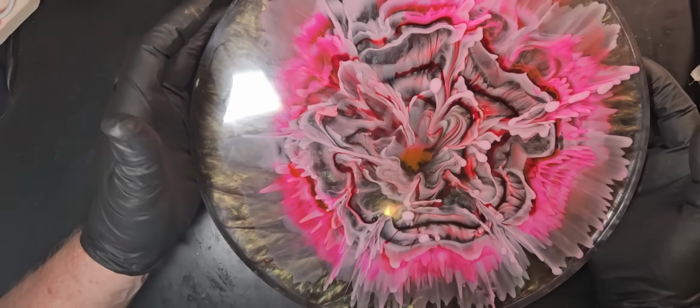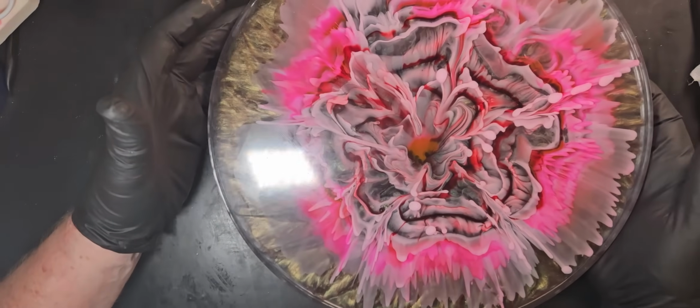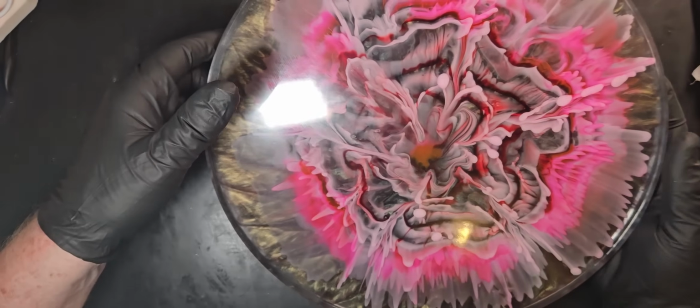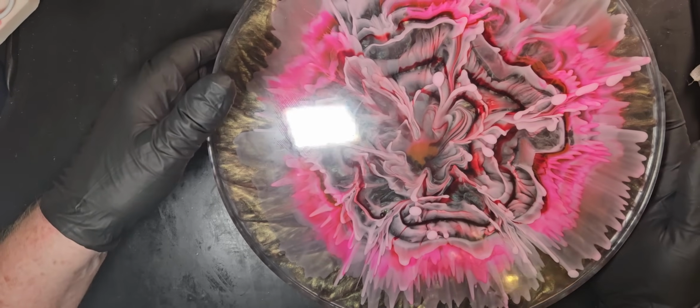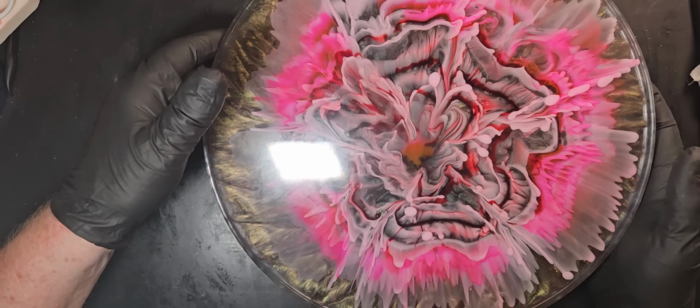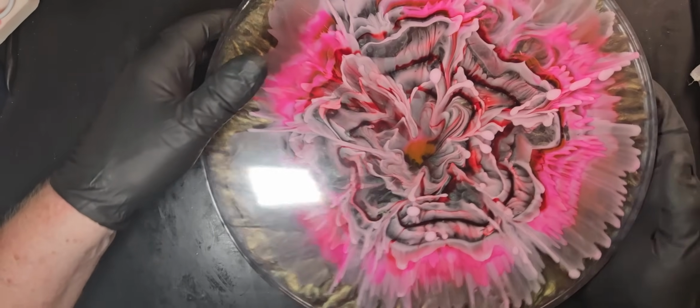Wow. Well, this is the biggest bloom I've ever done. Got a couple things that dropped through, but I think it came out really decent for me pushing the temperature of that resin to the max. Okay, now